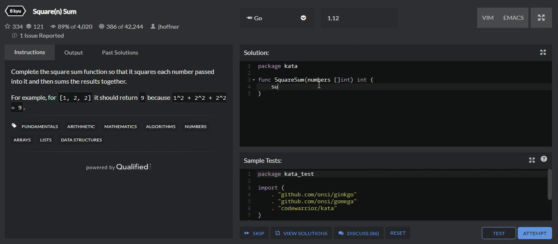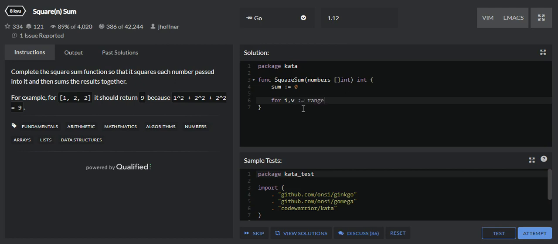So I'll have a variable named sum and I'm assigning it the value 0. As you can see, this is the shorthand for declaring a variable in Golang, and the initial value is 0, so it is of int type. Now I'll iterate over the numbers slice.